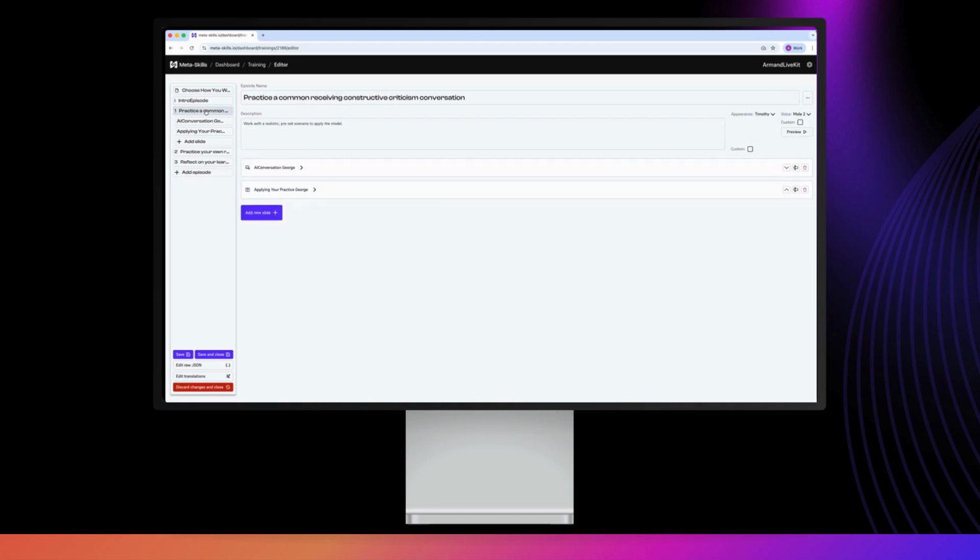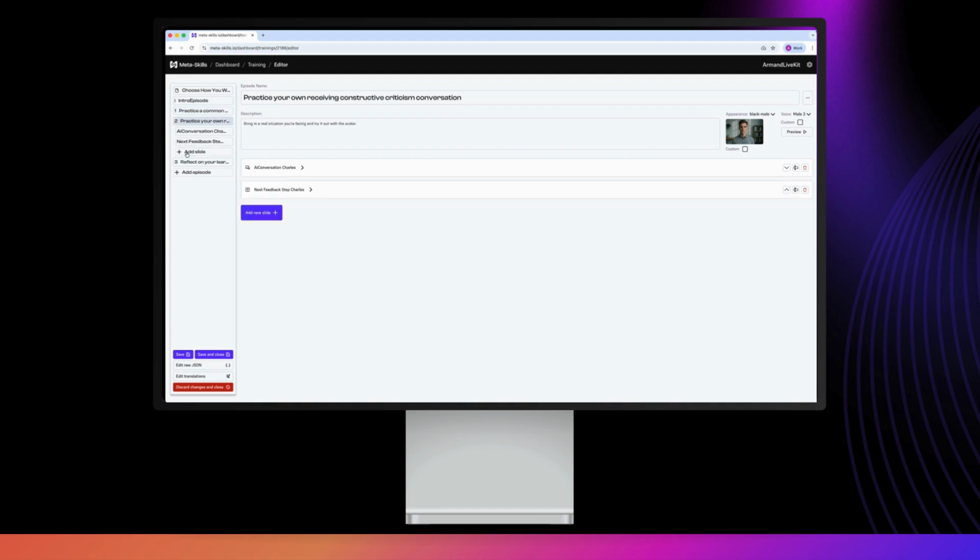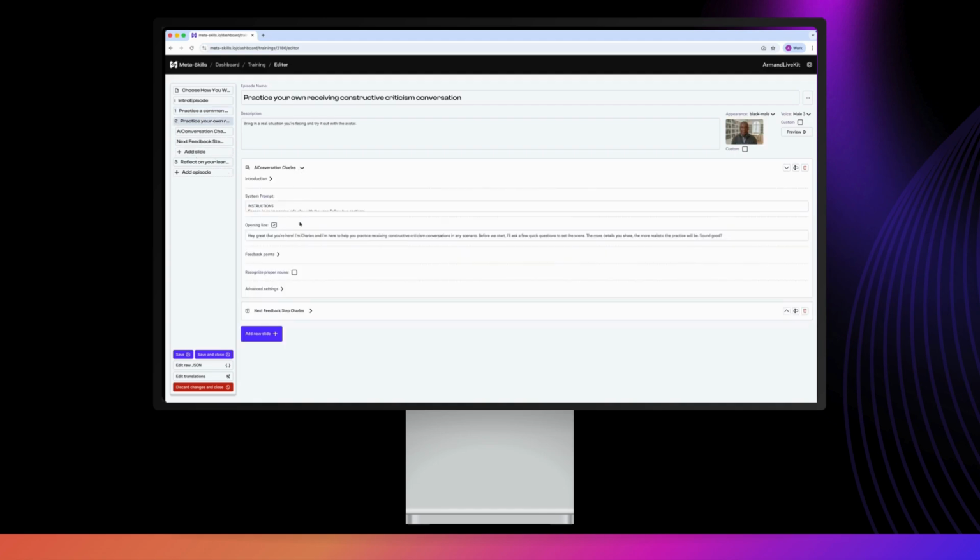Memory is activated at the episode level. To switch it on, expand the Advanced Settings section located beneath each episode. You'll see the option to enable avatar memory here. It's important to remember that this setting must be switched on individually for each AI avatar episode where you'd like